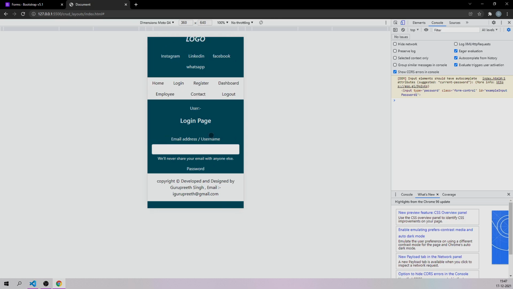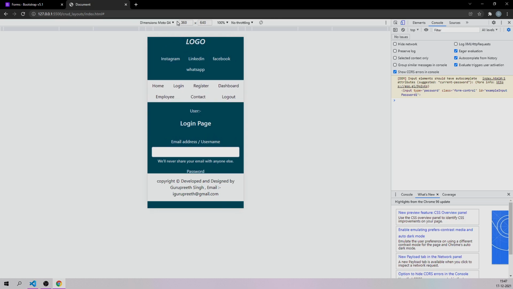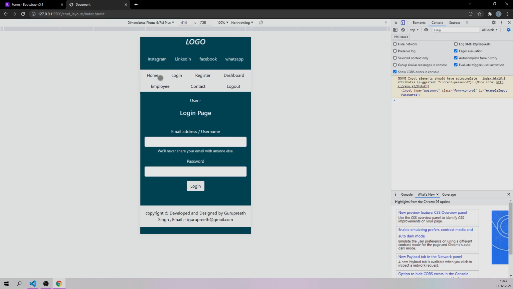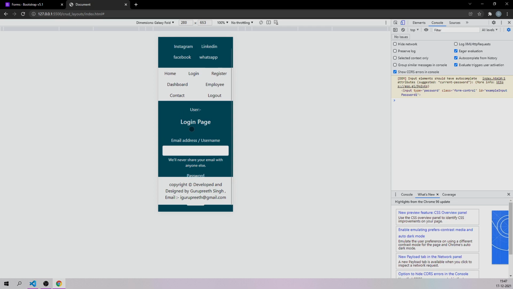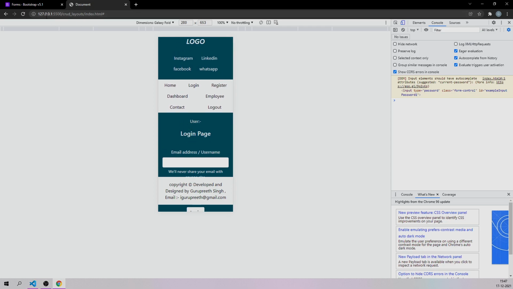This one is also fine, and I think everything else looks good. Galaxy S5, iPhone 6/7/8 Plus, Pro. This is iPhone 6. What is Galaxy Fold? It's also a small mobile device like this.